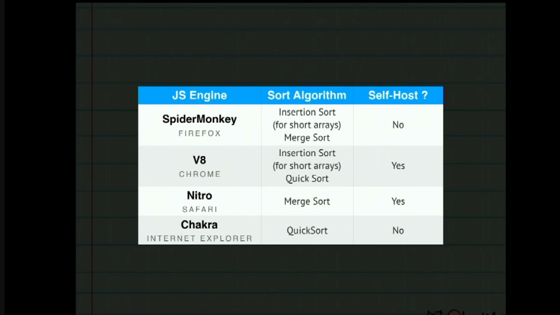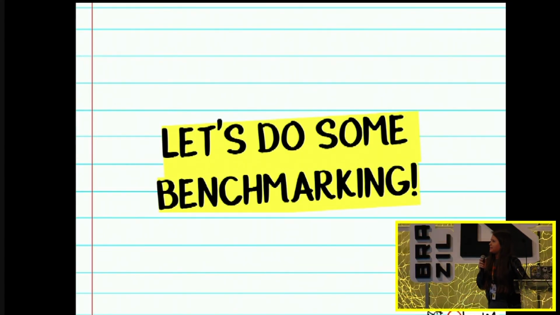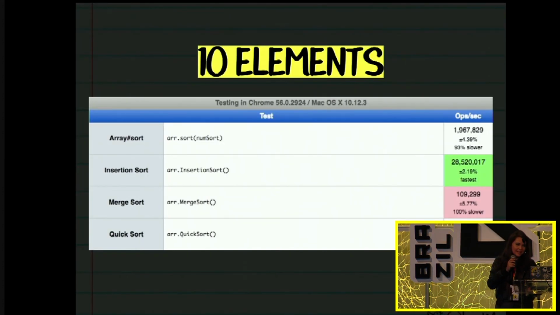enough for you, let's do some benchmarking. So basically what I did is I compared the native sort function against the self-implemented functions that I just showed you, against different sized arrays with randomly generated numbers. This was tested in Chrome, so with Quicksort. And for the first one,